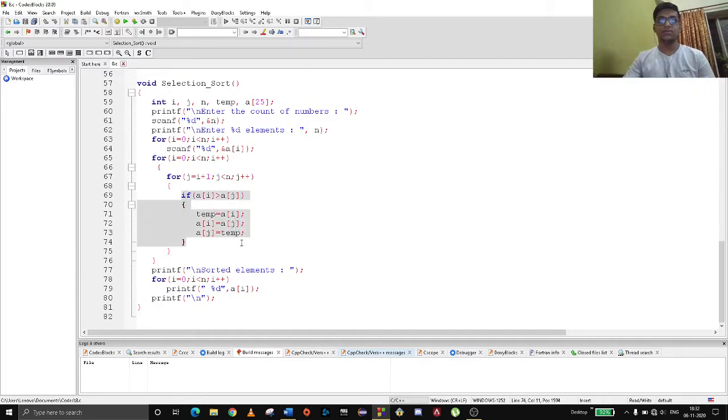This if statement is for swapping. When all the elements are sorted, we print the sorted elements with a for loop.